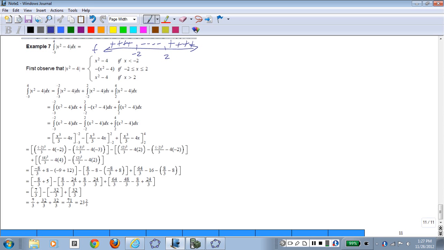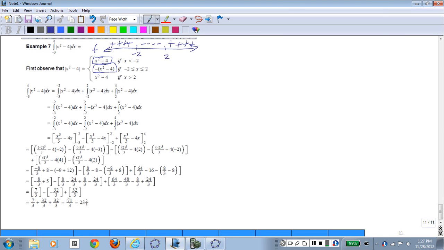So if I want to write this as a piecewise function of polynomials, that is, try to write it so that it doesn't involve absolute value, I have to do 3 different pieces. If x is less than -2, it's equal to itself, because it's positive. If x is between -2 and 2, it's the opposite of x squared minus 4,